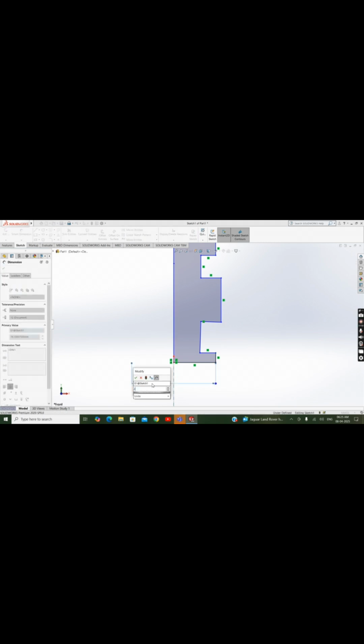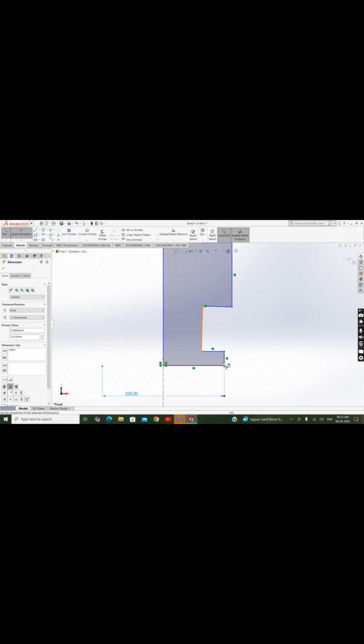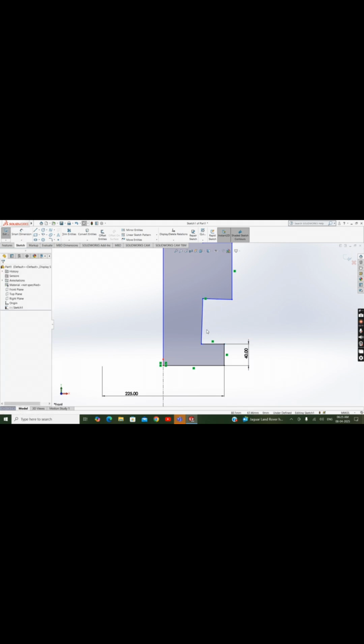I'm applying a dimension to the flange thickness. Just select the line as well as the center line. If you move towards the left, it will be considered a diametrical dimension. If you place it on the right-hand side, it will be considered a radial dimension. So I applied the flange thickness, and next I'm applying the thickness of the valve body shoulder,